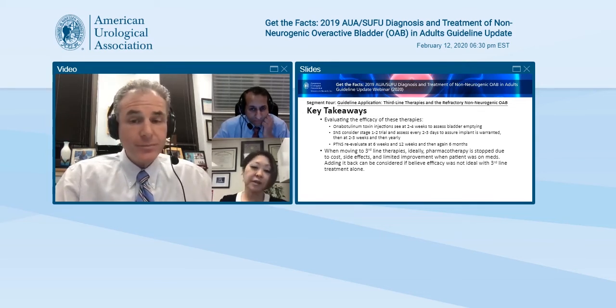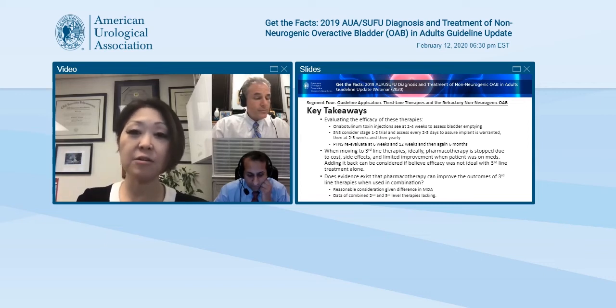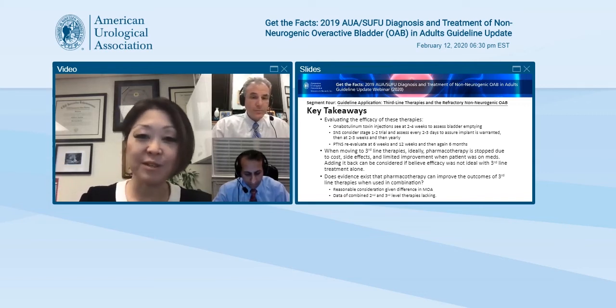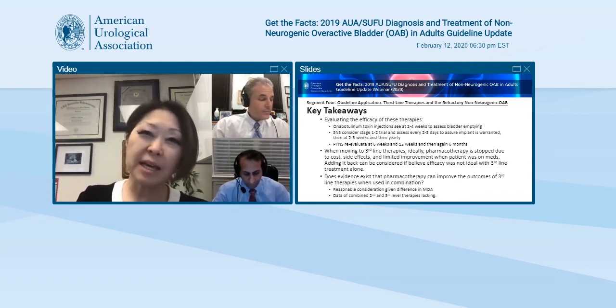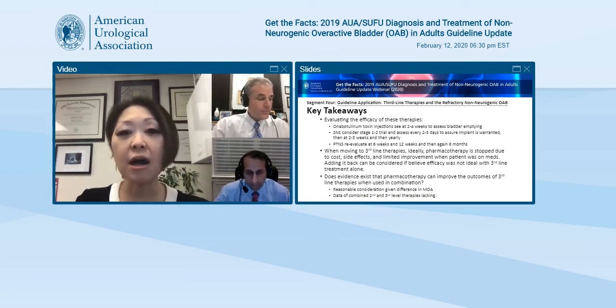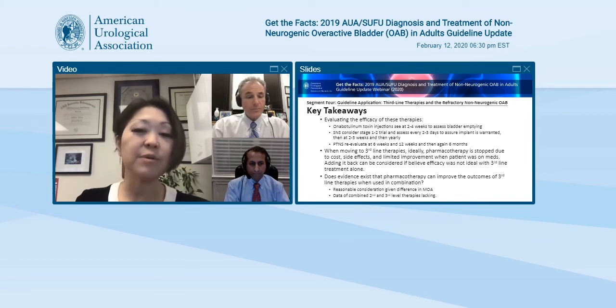Well, I do think if you think about the mechanism of action of these different modalities that we have to offer, they are different strategies. So in that way of thinking, it's not unreasonable to consider using these combination therapies because they're kind of flanking the problem using different strategies. But again, you have to weigh a lot of the practical things: the side effect profile, the cost, the hassle factor for the patient, and really try to streamline and minimize the number of things that you're throwing at a patient all at once, in my opinion.